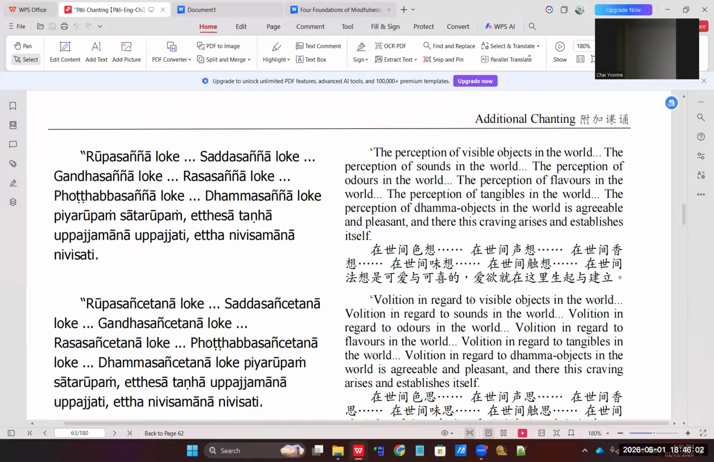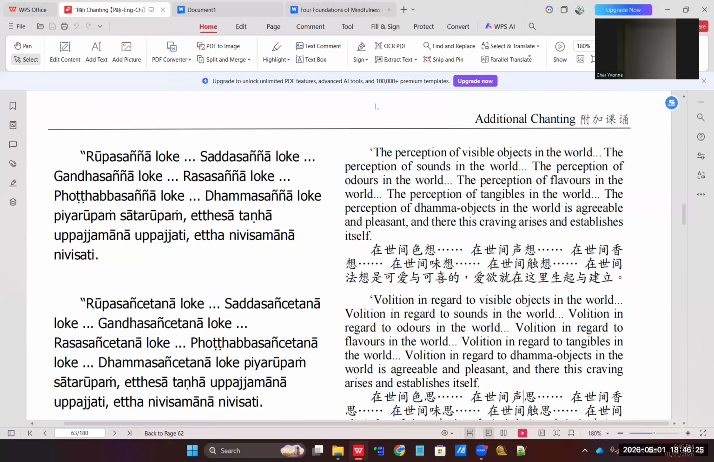Volition in regard to visible objects in the world, volition in regard to sounds in the world, volition in regard to odors in the world, volition in regard to flavors in the world, volition in regard to tangibles in the world, volition in regard to Dharma objects in the world is agreeable and pleasant, and there this craving arises and